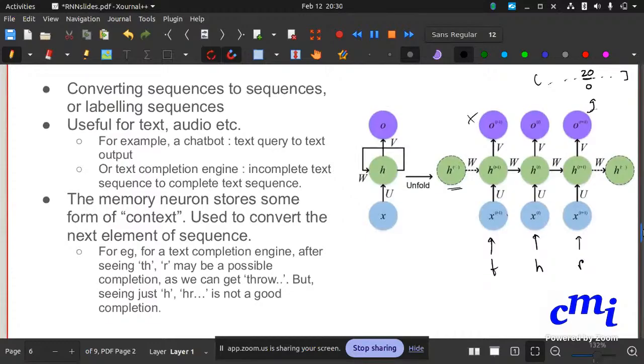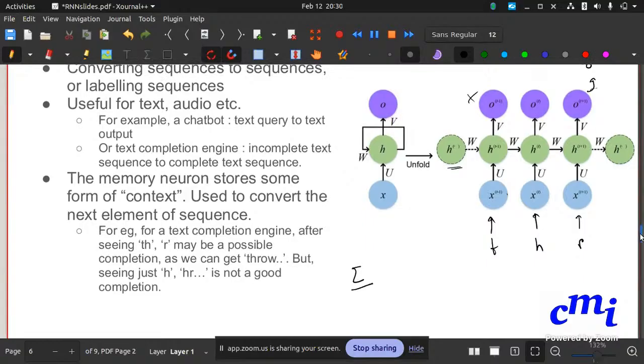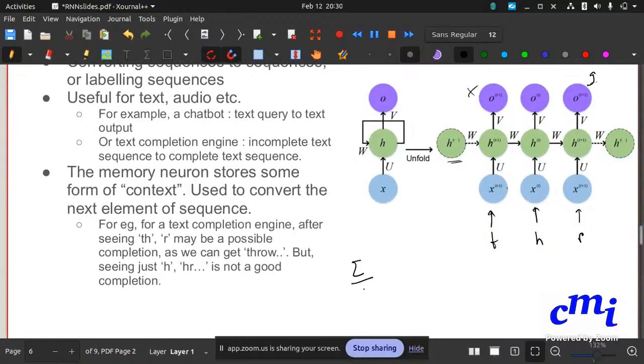Now, given this, let's say that I'm doing this one hot encoding. So let's say that my input character belongs to some sigma, and I'm going to do a one hot encoding, and then I'm going to pass it to the network in this kind of a manner. And then I'm ignoring every output except for the final output. So I pass it to the RNN, and I look at the last output,